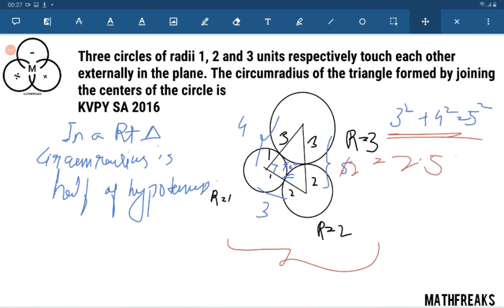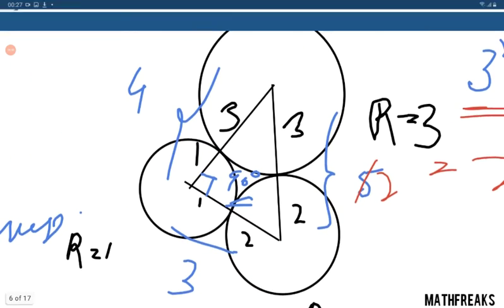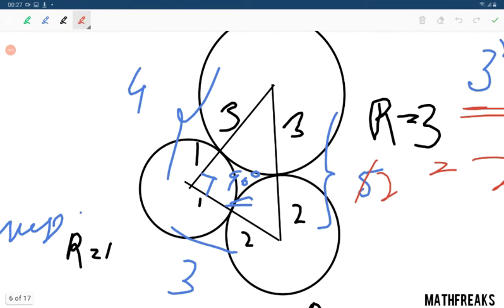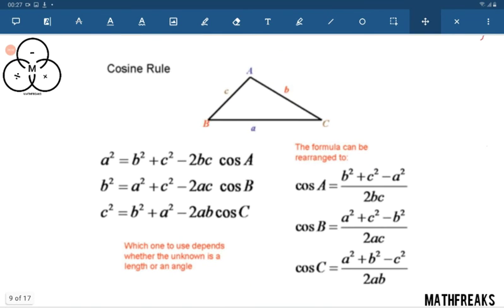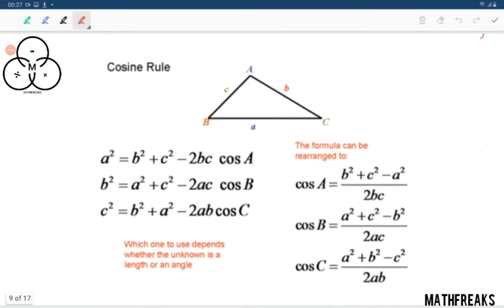that if this was not a Pythagorean triangle, then how would we find the angle? At that time we need to apply cosine rule to find out the angle, and then easily we can compute everything. And to find any angle, we are using this cosine rule. All of these formulas we do not need to memorize, because if we can memorize for any one angle and any one side, we can memorize this.